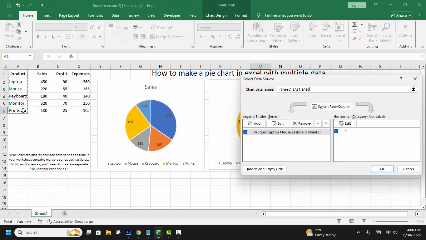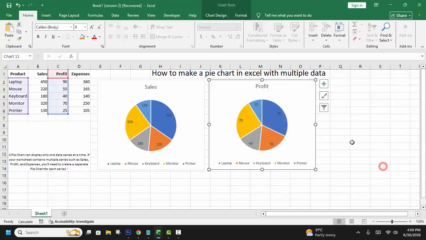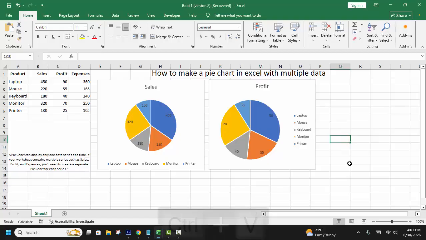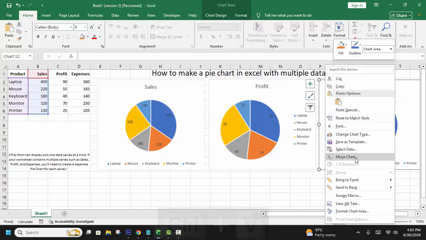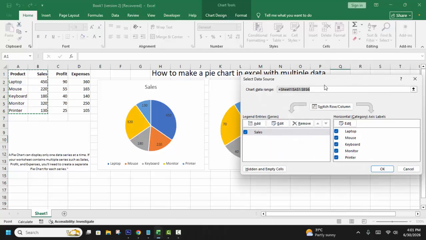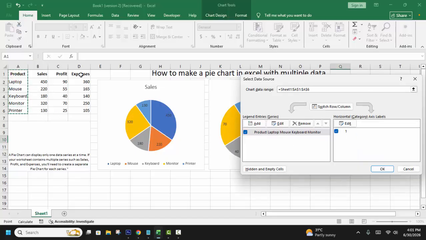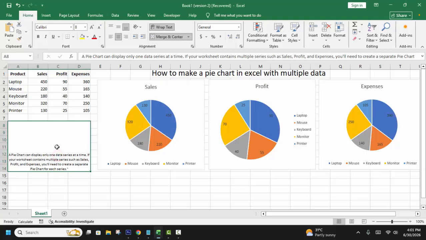Select product A on A6, hold Ctrl, profit C on C6, click OK. Again apply the same process. Press Ctrl V, apply the same process, right click on your mouse, select data, hold Ctrl D on D6, expenses. And now see this,